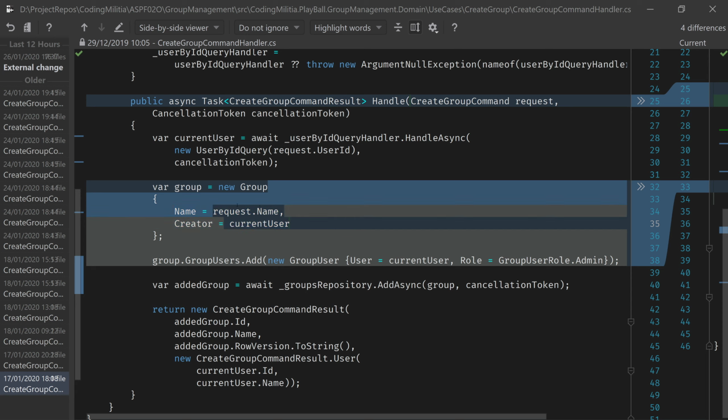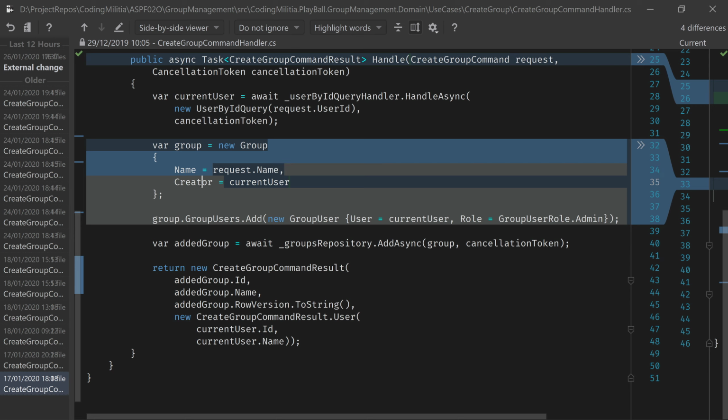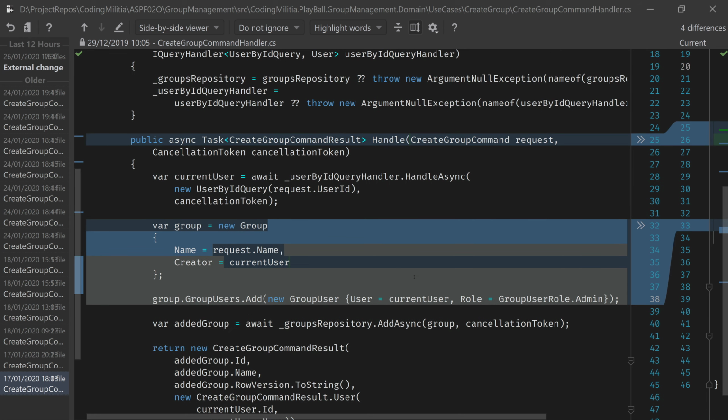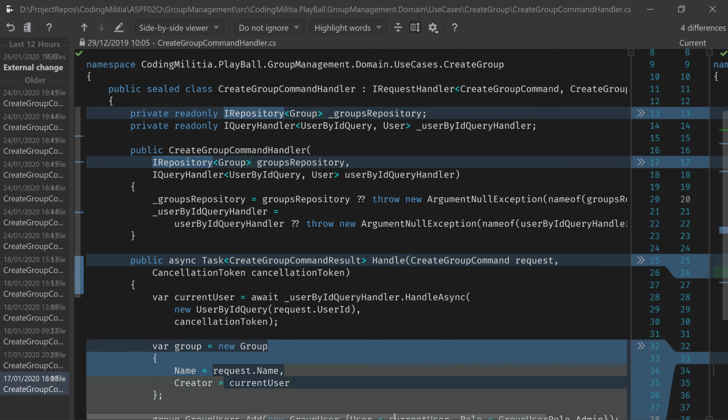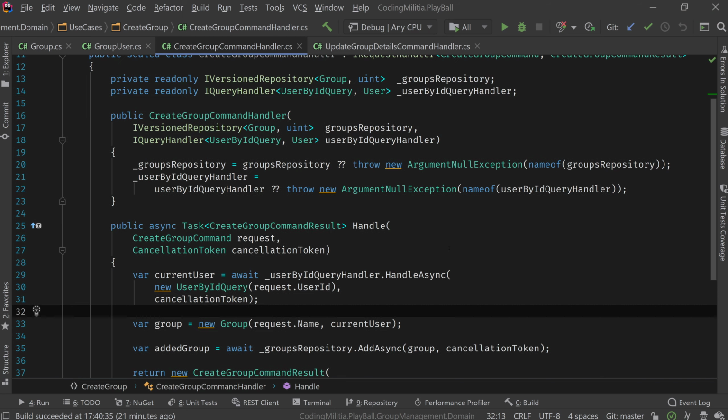So it must know what entities, what properties of the entity it needs to set, and all of that. And then it needs to know that the creators should also be added as a group user to make the relationship, and so on. So all the logic is in the services, in this case the handler, which is the service per use case. So this is not really very object-oriented, at least in my opinion,